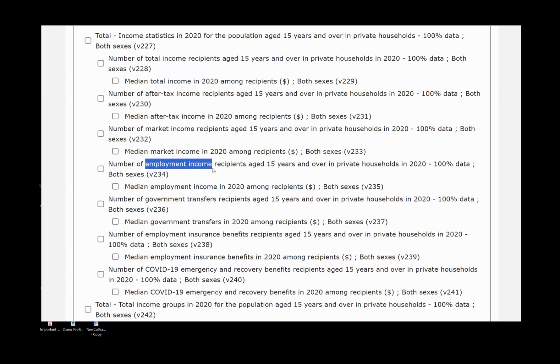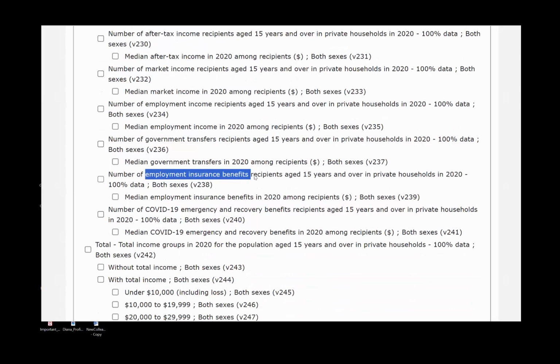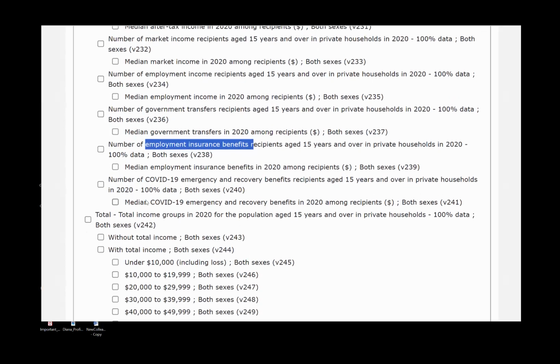And then it's subdivided in further definition of employment income or government transfers, which is not market income, employment insurance benefits, not market income. Because it's 2021, it also includes COVID-19